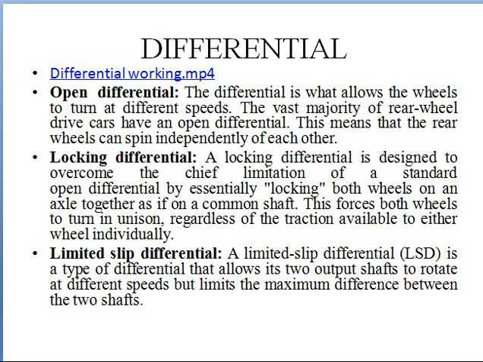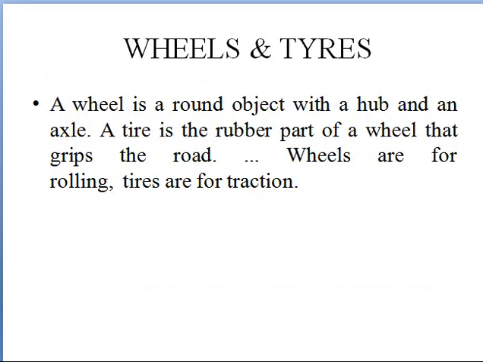It means it doesn't just allow both the tires to rotate at different speeds, but it will maintain some independence. At the same time it controls the speed, both things. It means sometimes it will lock and sometimes it will release. It will ensure that there is a minimum difference between the speeds of both the tires, wheels.